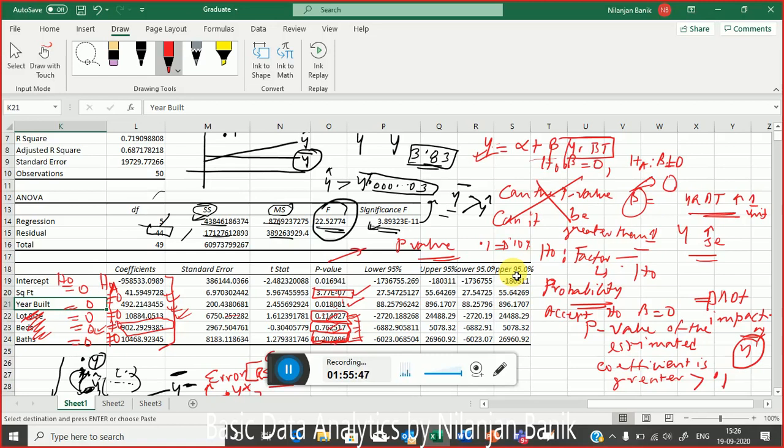5% means out of 100 times of sampling, because this sampling that I did in Greater Noida, I can repeat for Faridabad, I can repeat for, let's say, Gurgaon or some other area. So basically it's saying, if I do this sampling 100 times, 95 times, irrespective of which area I am sampling, this particular variable will be statistically significant. So check the p-value and tell me which one of the variables is significant at the 5% level and which one is significant at the 1% level.